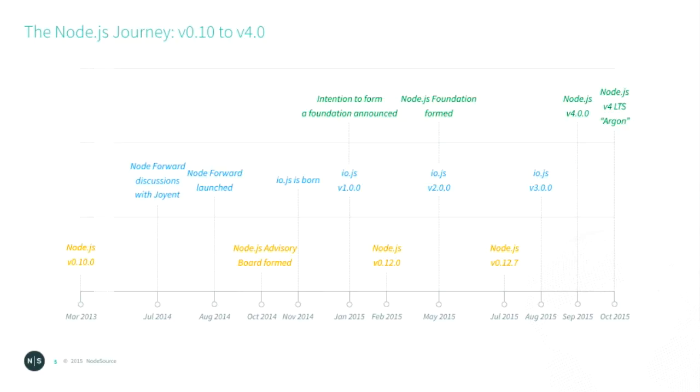It's divided into 3 different areas of activity. Down the bottom, this is sort of like classic Node from the Joyent Node repo, what we've expected from Node for the past few years. In the middle is an independent effort. This is very much about the community doing things to push Node forward. I'll explain that in a minute. And at the top there, we've got the culmination of it all, where these 2 efforts reunited, and what we generally call Convergence under the Node Foundation, leading to Node version 4.